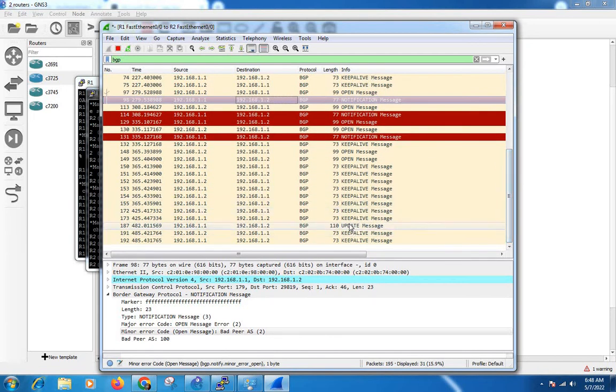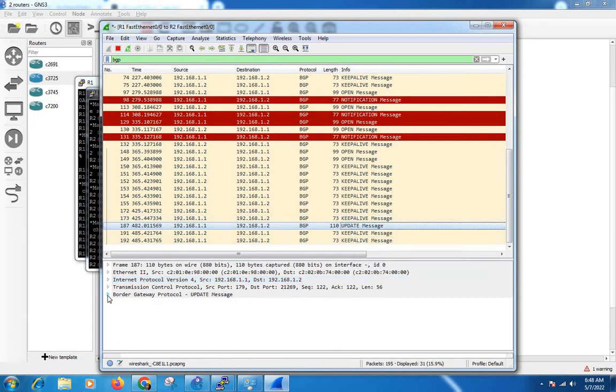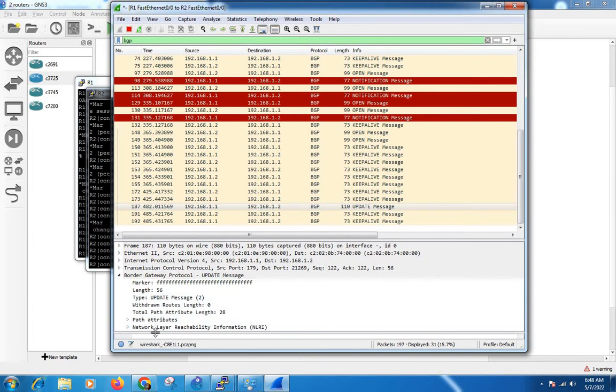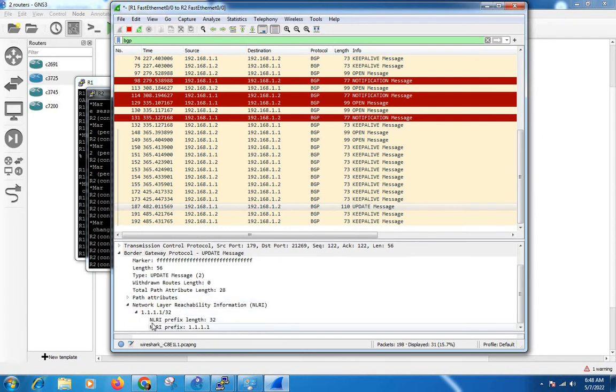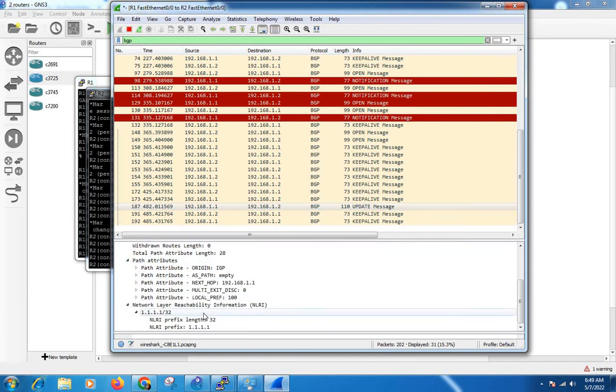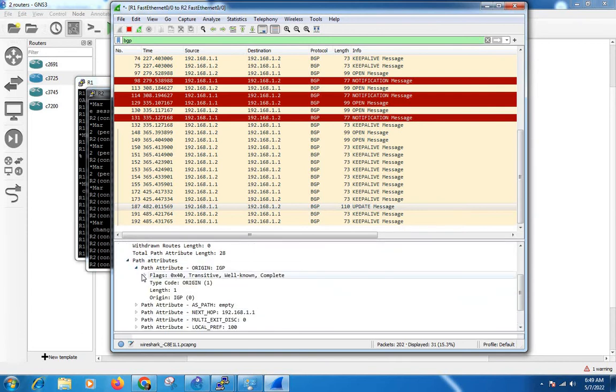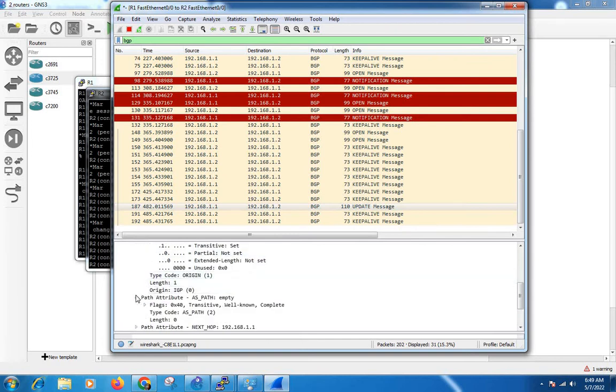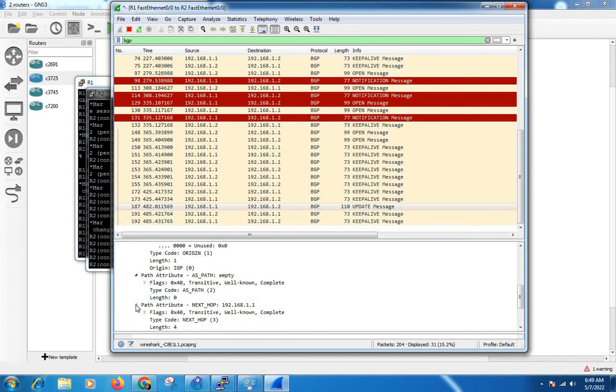Here in the update we can find the network layer reachability information, which tells us which network is added, which prefix and subnet mask is being advertised. For the attributes, we can check the origin flags, and other BGP attributes like MED and local preference, whose default value is 100.